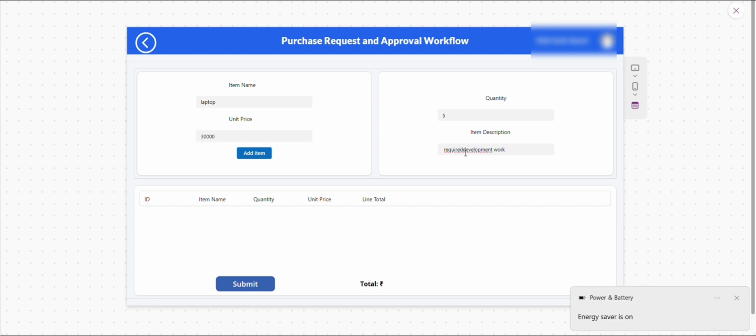Required for development work. They have to add an item.